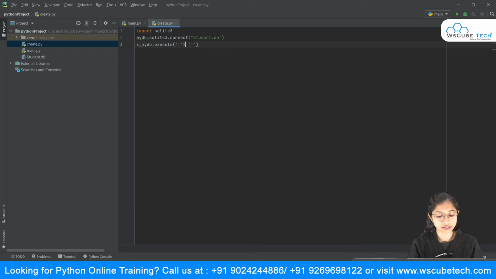So I will say select, and we make use of this asterisk mark, which says select all the data that is inside my database. So I will say select star from, and you just need to write here the table name, so it is student, right? I'm saying select everything, the star asterisk symbol denotes select everything, that is select star from student.